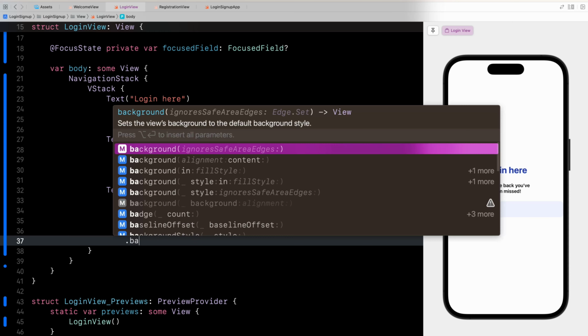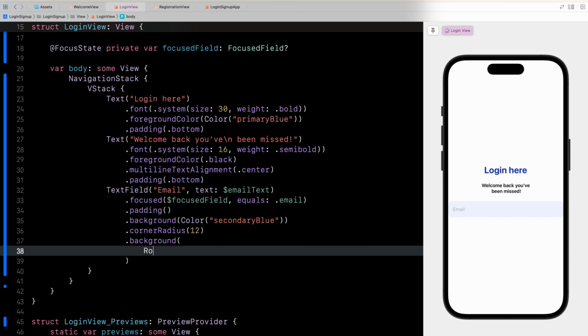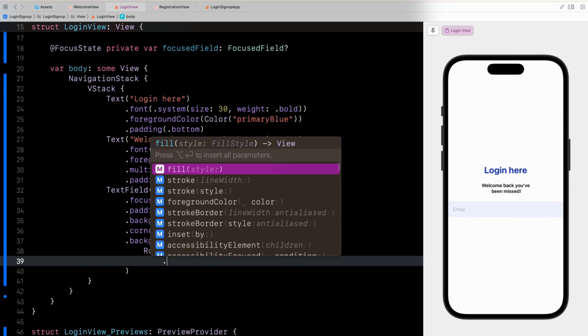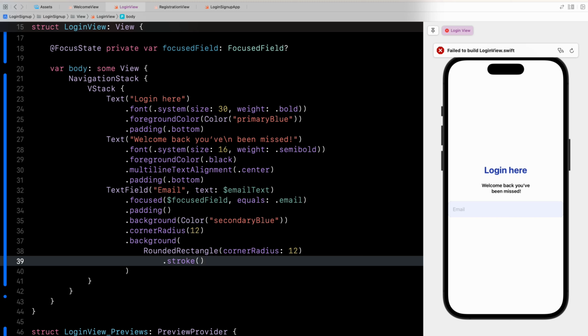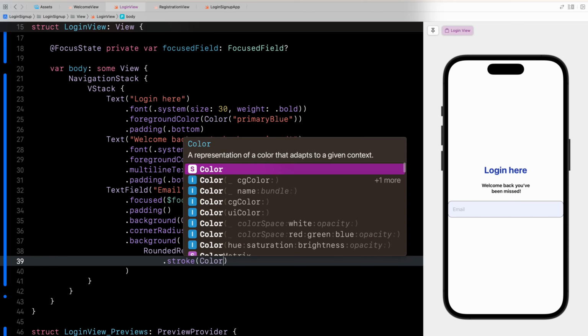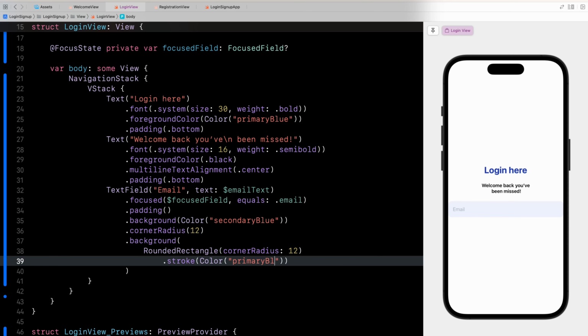All right, need another background and set rounded rectangle. The same corner radius 12, and we need a stroke, right? Stroke with the color, the primary blue, right? Primary blue. All right, we have the outline here. Let's set the width